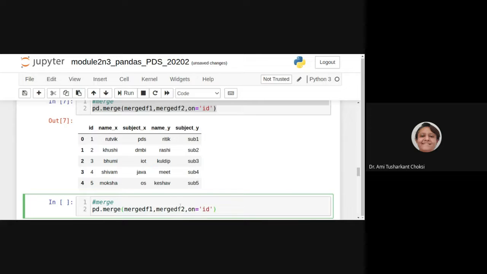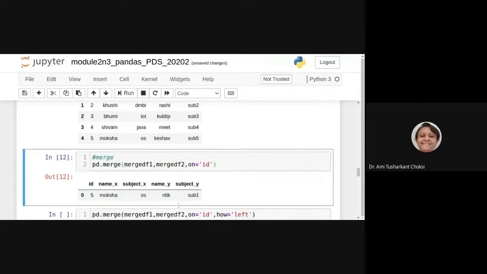Okay, now I'm running it. What is the output we are having? That is 0, 5, and the values of name_x, subject_x, name_y, and subject_y. We have merged with the help of ID.